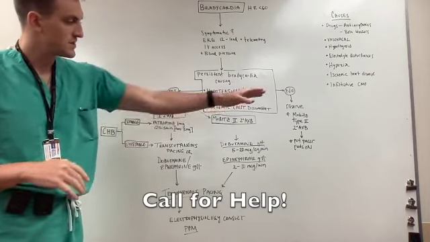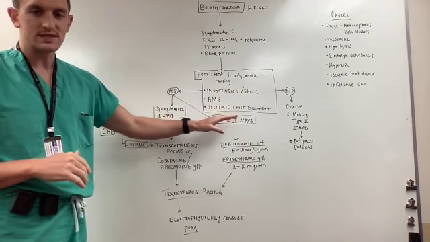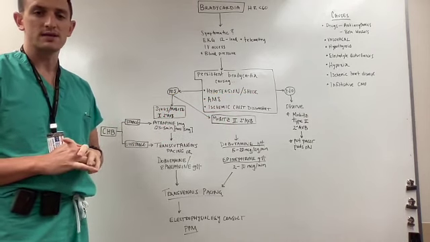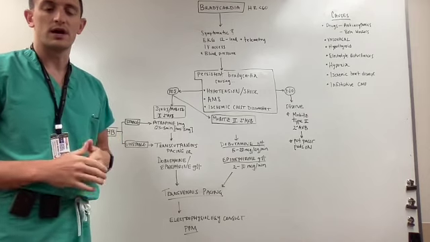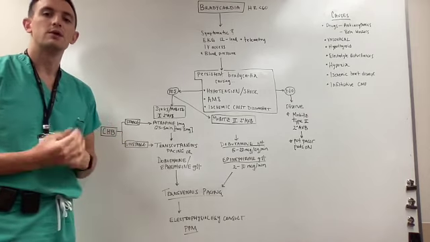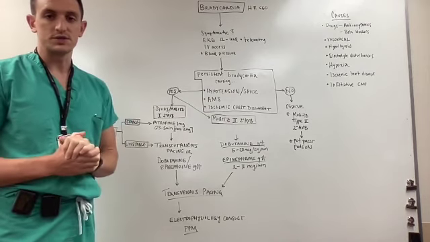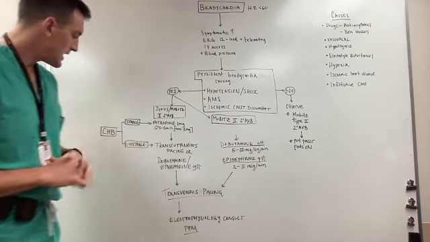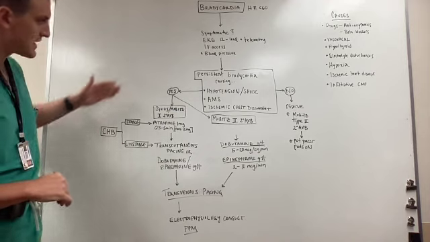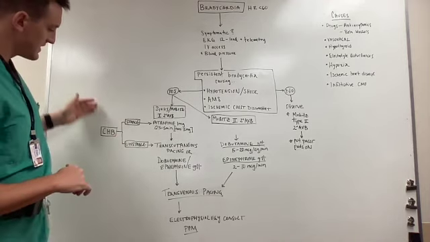And like I said over here, these type 2 second degree AV blocks are at increased risk for deteriorating to a complete heart block. So these are patients that you're going to want to pay close attention to. And lastly, if you have a patient that is bradycardic and you find that is in complete heart block,